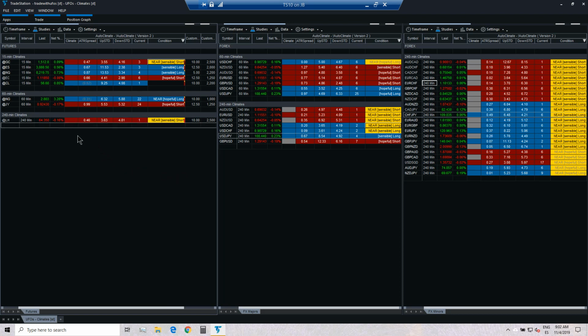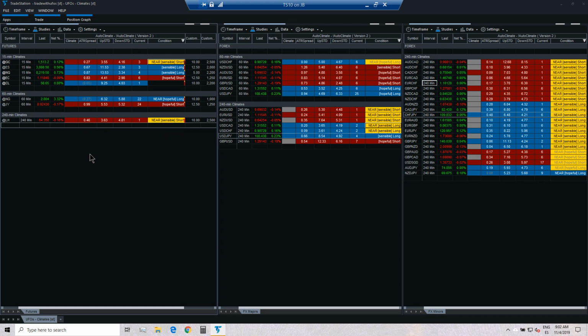So let's begin with gold. We have gold here on the upper left. We have a golden light, a near sensible short, 3 candles into the climate of 4, certainly a valid opportunity. Also, we have another opportunity with lean hogs with a near sensible short. Both opportunities are to short in this case. We have 1 candle into the climate. This climate is supposed to be out of 4 to 5 candles. So both trades are valid trades from that point of view.